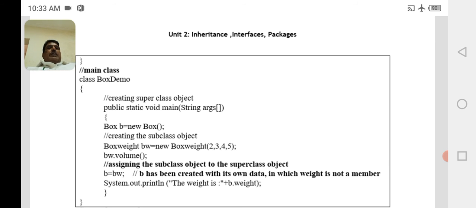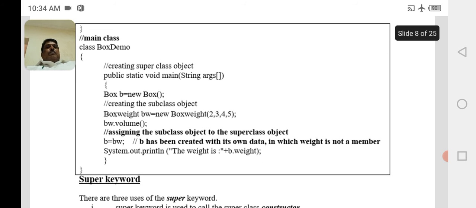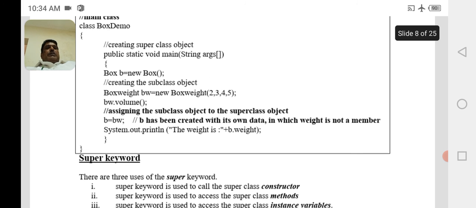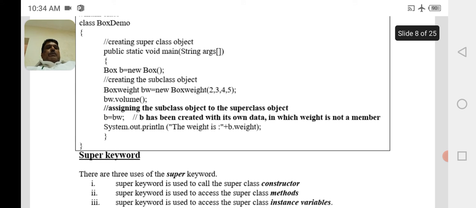So Box b = new Box, creating the subclass object BoxWeight bw = new BoxWeight and passing the arguments, calling the method present in the subclass with the subclass object reference variable, bw.volume, assigning the subclass object to the superclass object, b = bw.